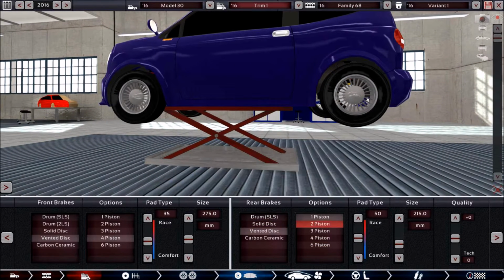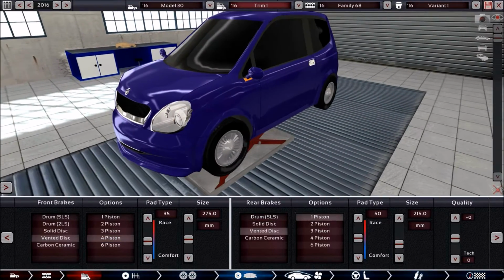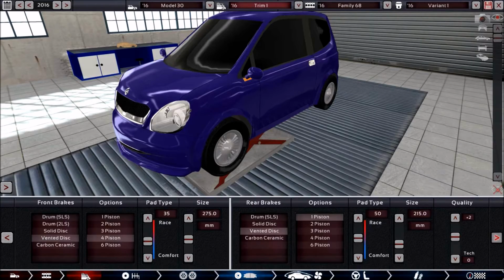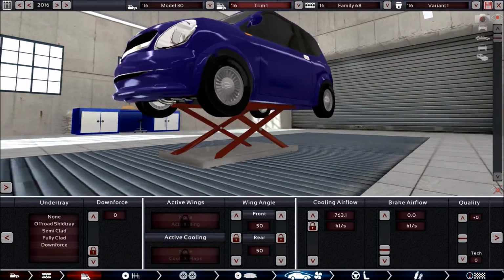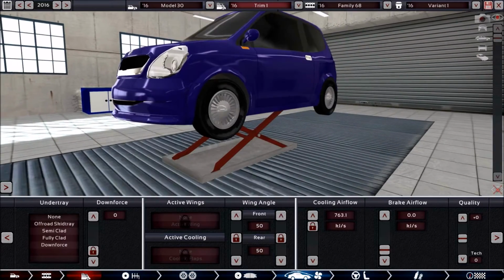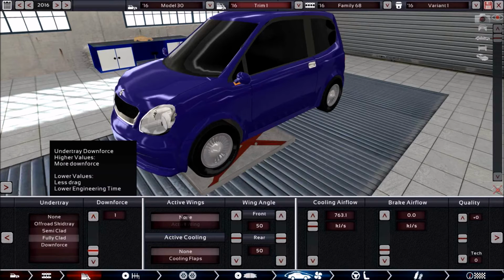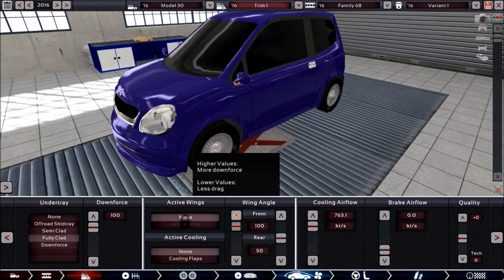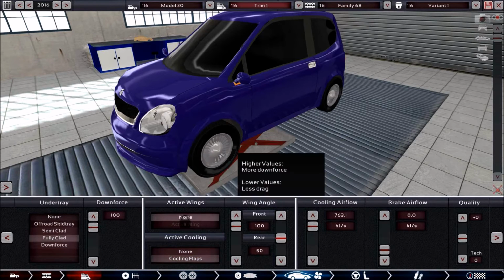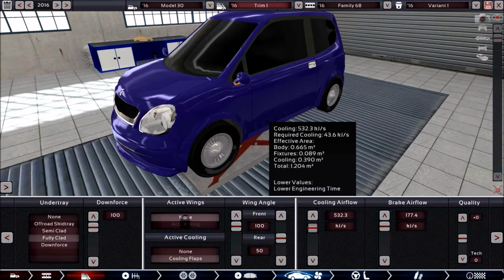And what's the pricing we're looking at? 148,408. So we've spent a bit more than perhaps we need to, but I like the feeling. I like to ensure that even with really rubbish tyres and narrow wheels, you can still get this thing slowed. Now we want a fully clad under tray with loads of downforce. Yeah, we'll adjust that later. And then we'll have to block off some of the vents because...